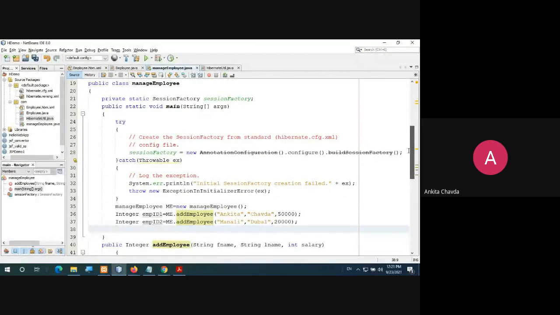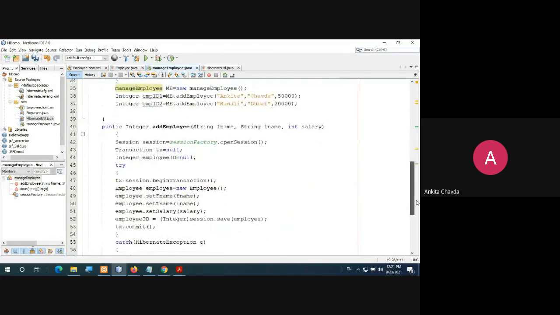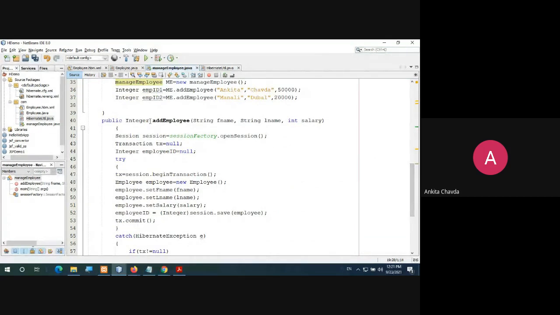And now in the same class only, I mean class this manage employee only, you have added one method add employee, whose return type would be integer, because it will return you employee ID. Okay, and that is why it is returning the employee ID. To store that data, I am having what?